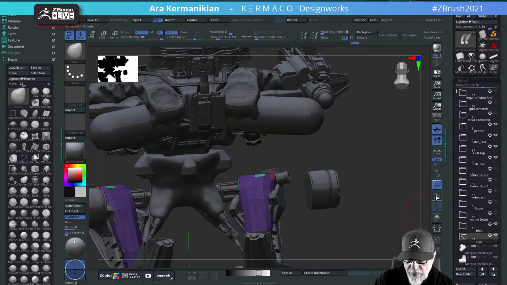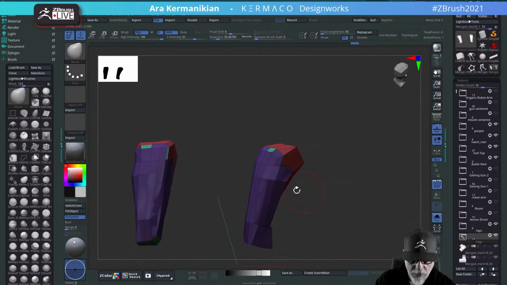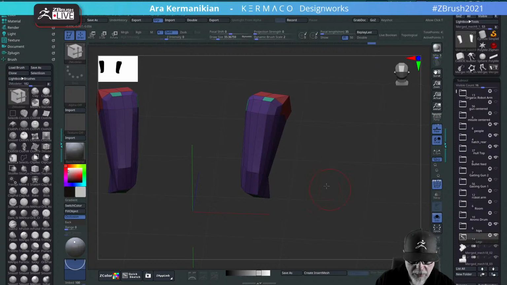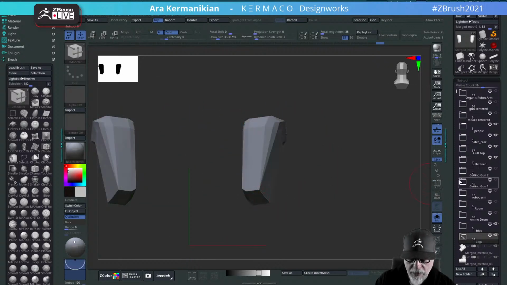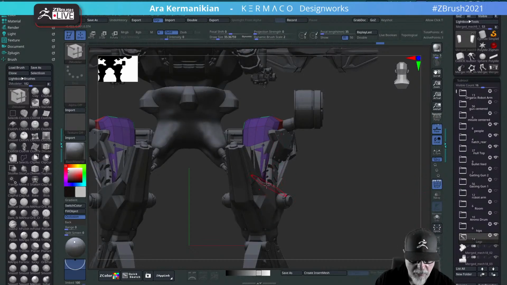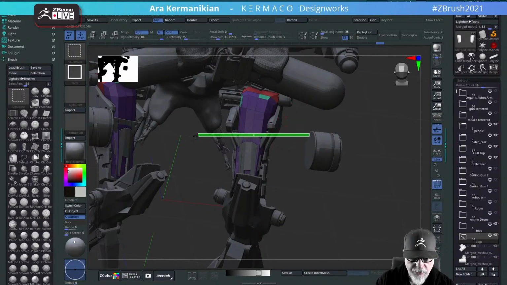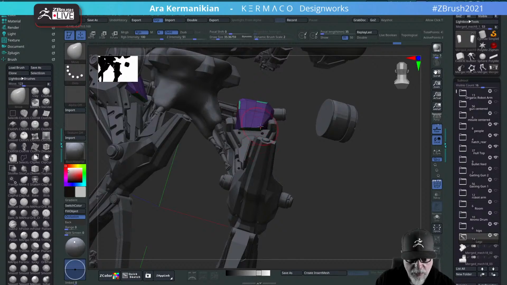I'm going to go back to this object. I don't really need all this geometry here. So I'm going to go ahead and simplify it a little bit to something just like this, so I'm not moving a lot of points around. Again, if I take care of the primary forms, the rest of it kind of falls together. It looks like I've got good enough stuff for it until this point right here. So I'm going to choose clip curve and do one of these guys